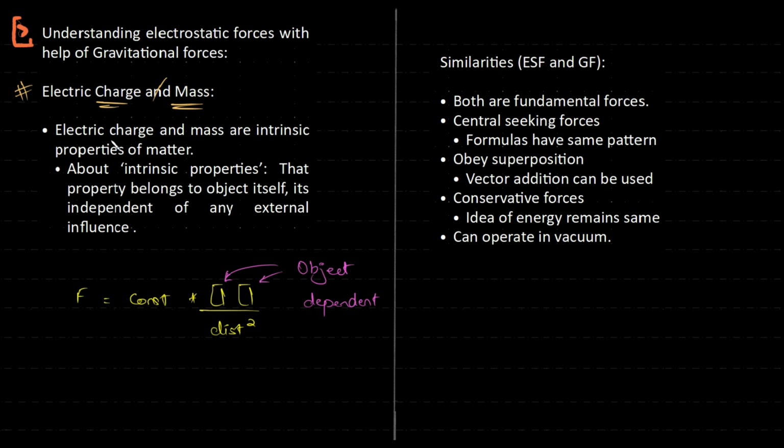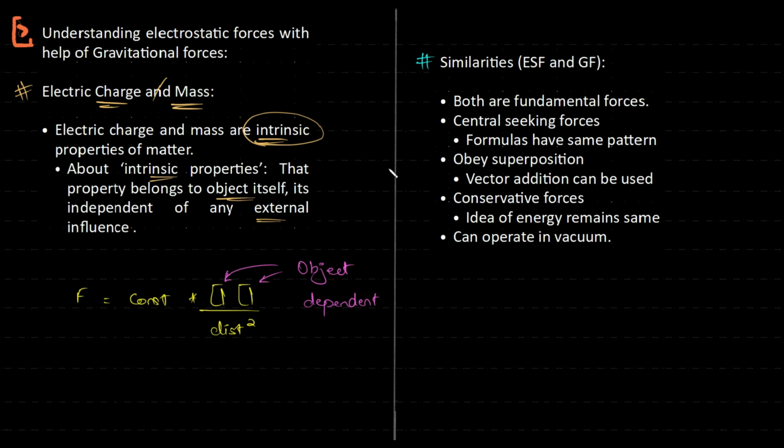So let's understand charges and mass. Both are intrinsic properties of matter. What does intrinsic mean? The property that belongs to the object itself. It does not depend on what is happening externally. Again, you need to know this term. If not, you're not a physics student,